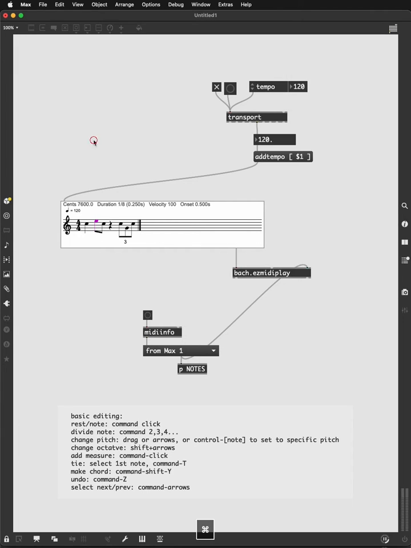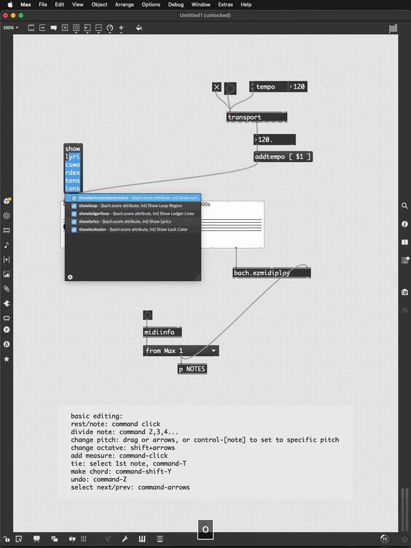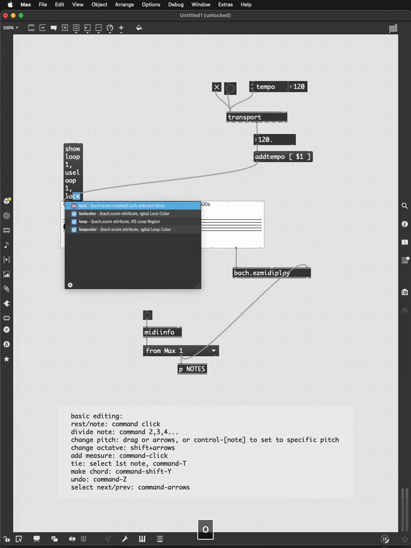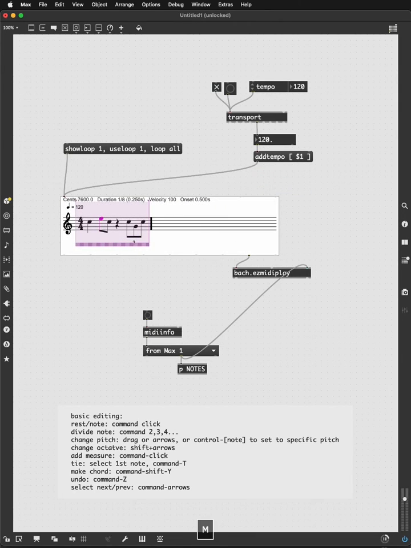And then to play back, we need a loop, so I'll do show loop 1, use loop 1, and loop all. This is show loop will become true, will be set to 1, use loop will be set to 1, and how much will we loop? We'll loop all. So just be mindful of the spaces in there, and this will graphically show you the portion that's looped. We can now send the play message